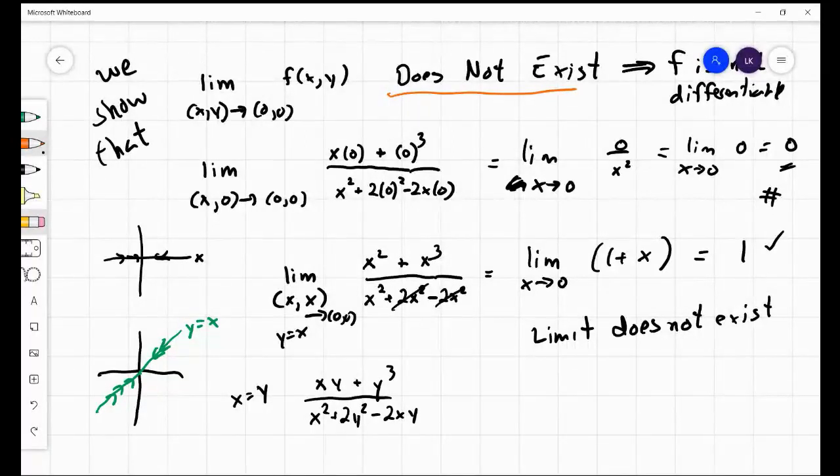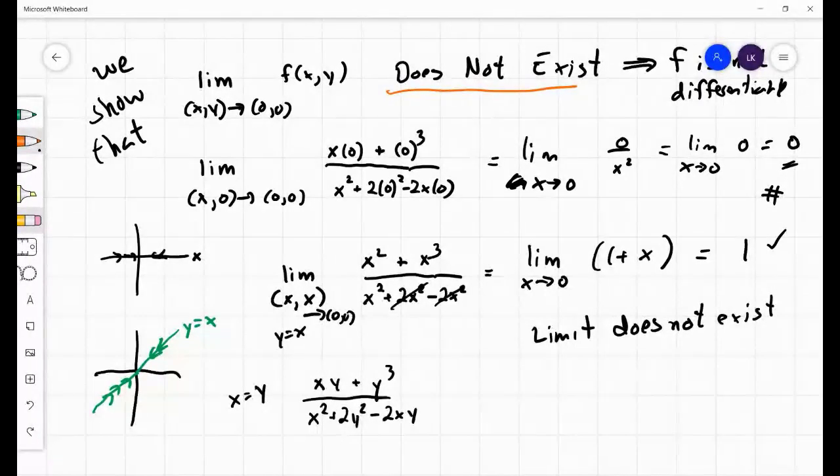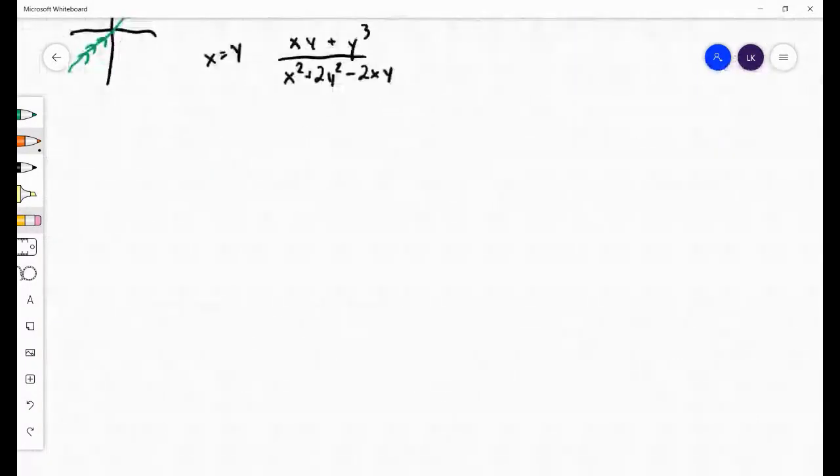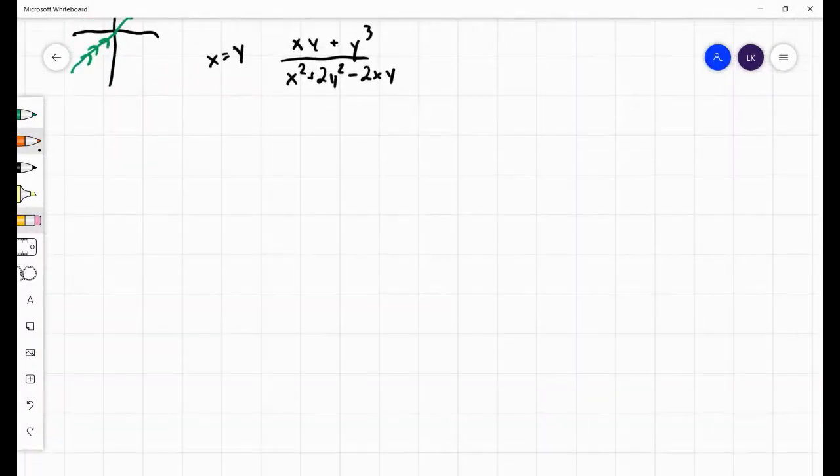Okay. All right. So what can we do next? Well, I think for the sake of Dr. K's class, we might want to compute some derivatives. All right. So let's